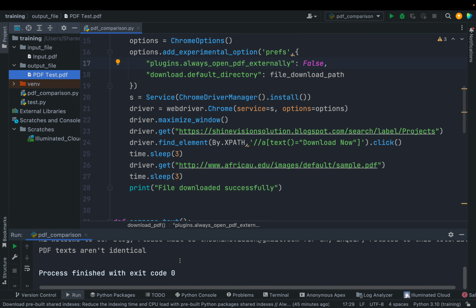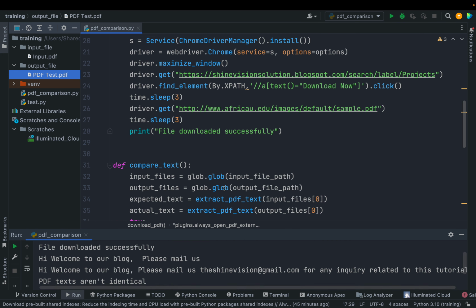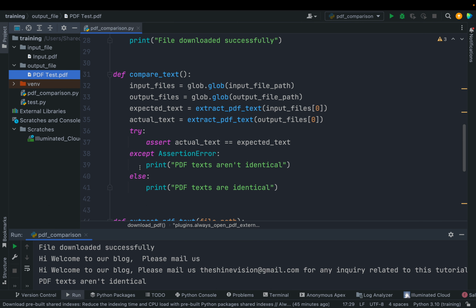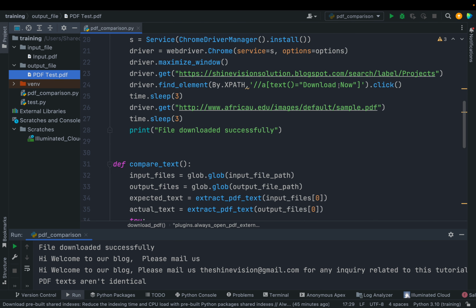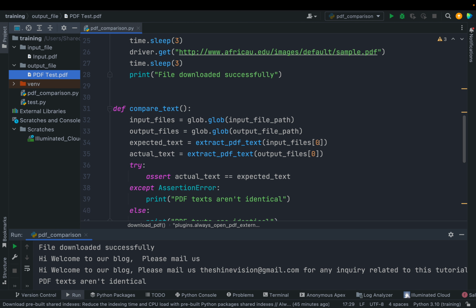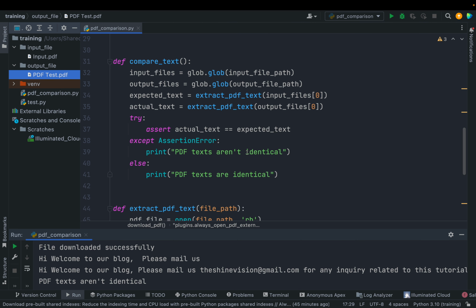So the file downloaded successfully. Now, if we have to compare the second file, here we have only one file. If we have to compare the second file that is downloaded from this link, then we have to set 1 and 1 here. And if you want to do that on iteration, then you can simply use a for loop here, and then